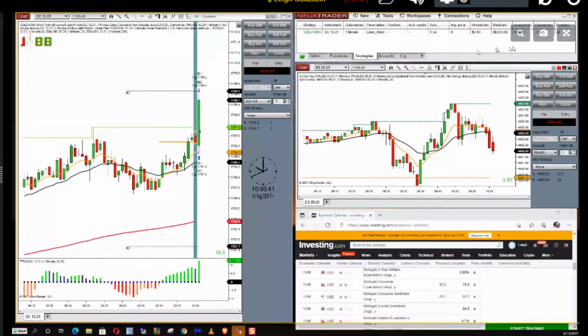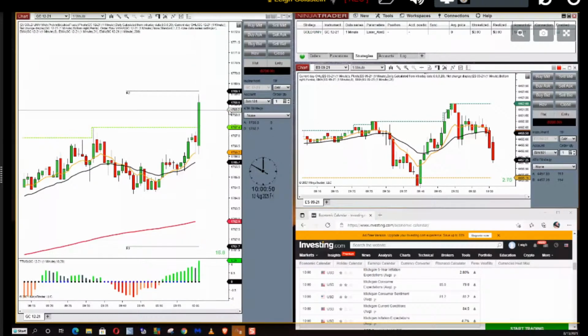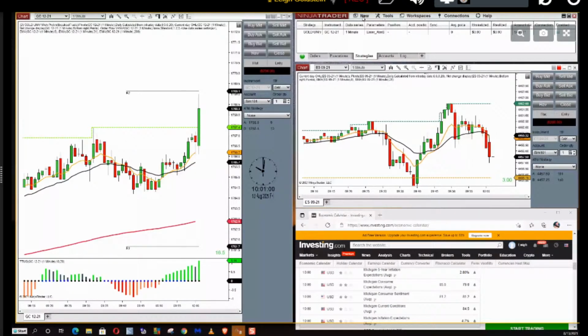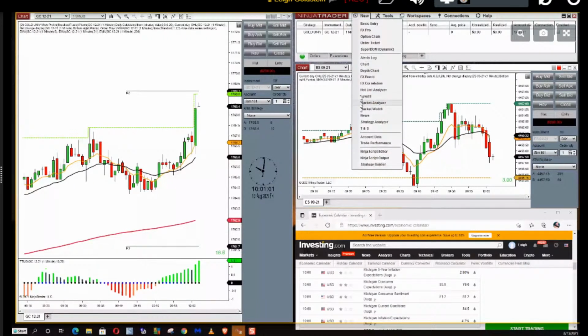The first thing I would be interested in, I'm going to turn off my trade. This is a trade that did not work according to our setups. It looks like it would have been filled short. So the first question is, how do you turn on the option to capture output? Everybody that's a member should go to new, Ninja Script Output.